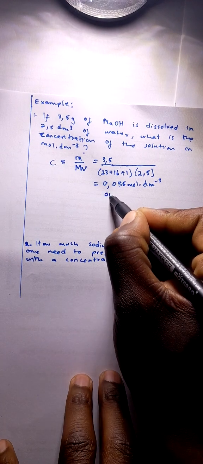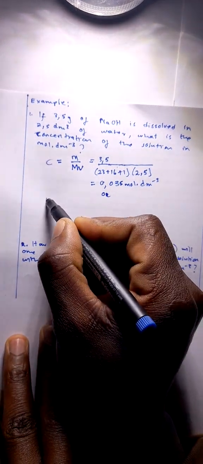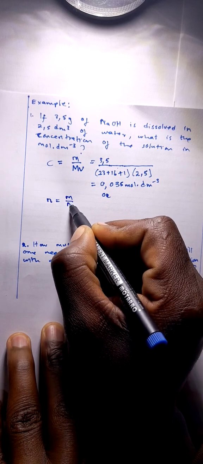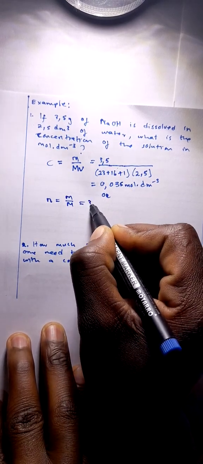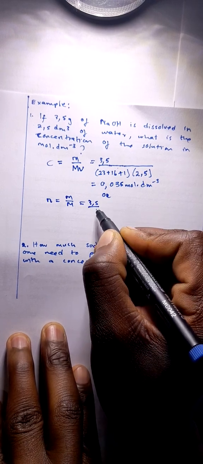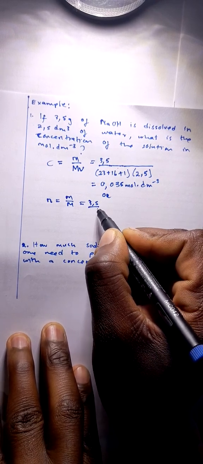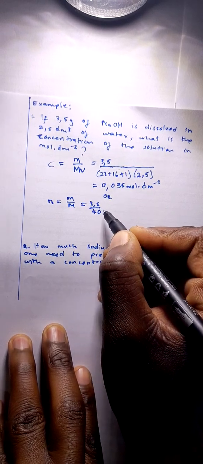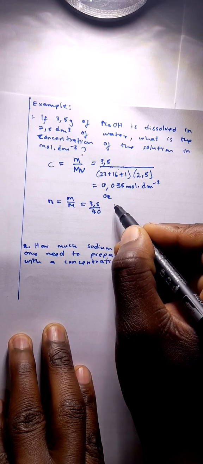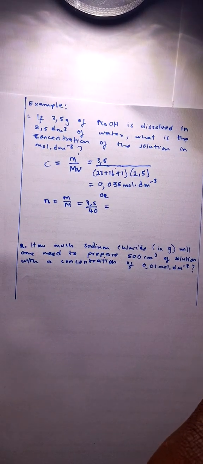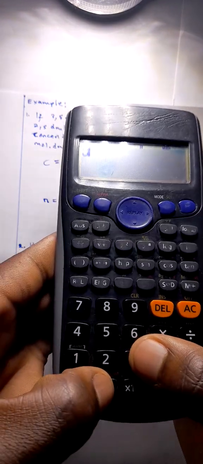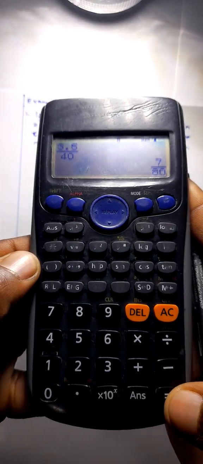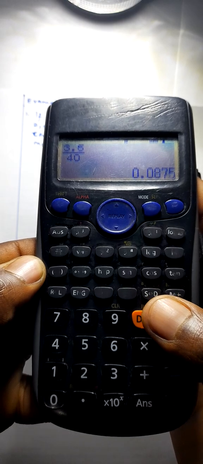Okay, alternatively, let me give you another option. Someone can say, I'm going to look for the number of moles of sodium hydroxide, which is mass over molar mass, and therefore the mass is 3.5, and the molar mass of sodium hydroxide, we said it's 40. And then they get this answer, 3.5 over 40, and then they get 0.0875,